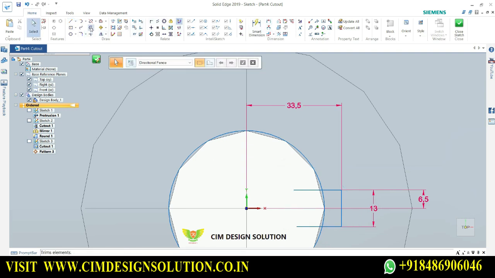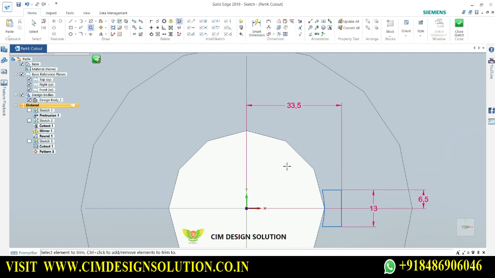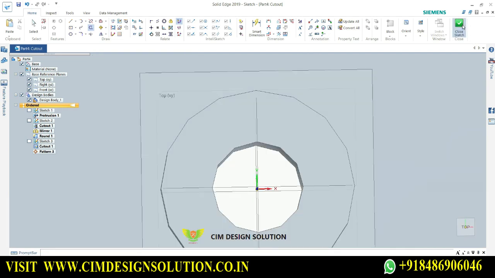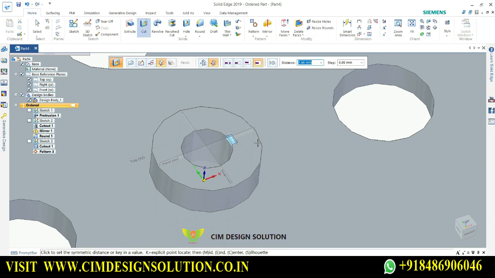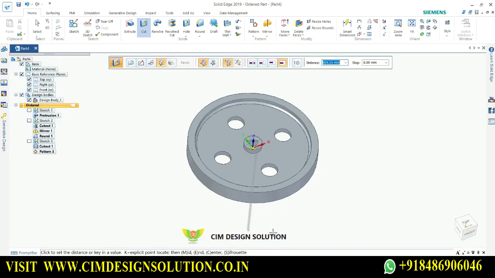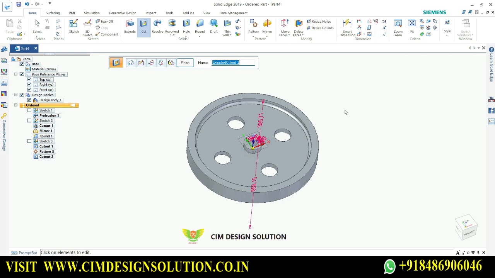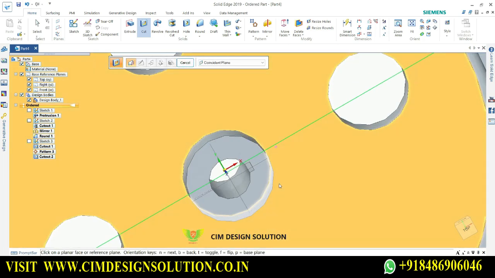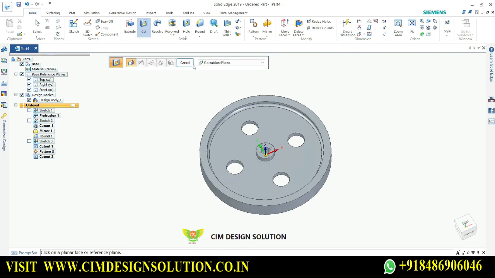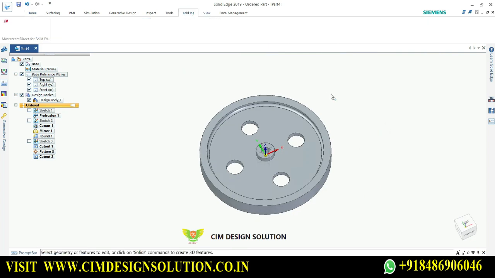Now you trim the unwanted part with the help of this trim option. Only this thing is required. Okay, close sketch, and you go for symmetric extend till here, go for finish. So what will happen, you will get this. Now if I show you the section view,